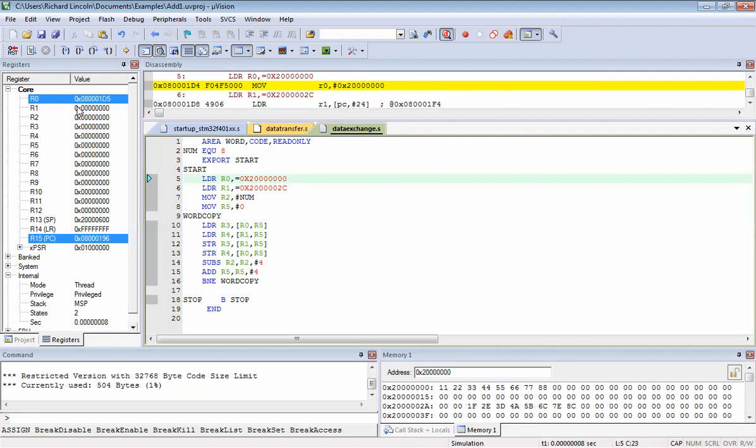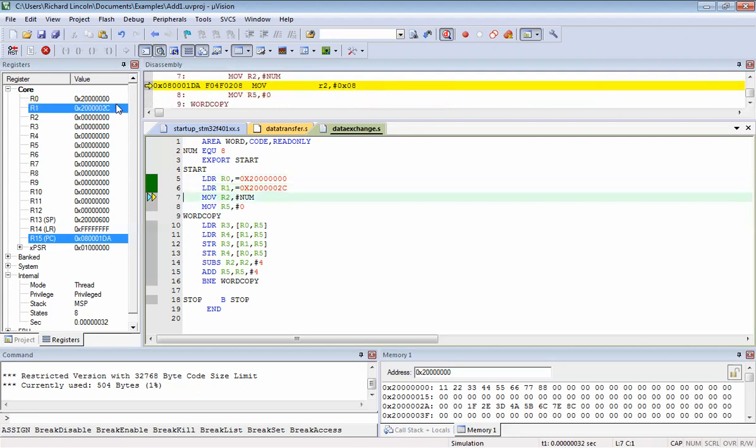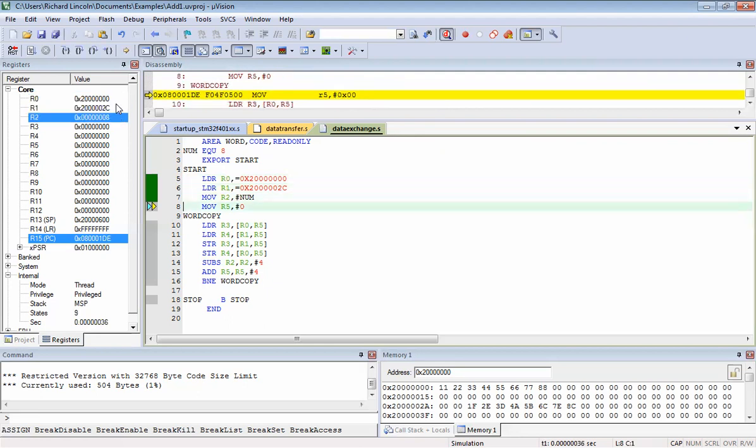Okay, so R0 is going to change or update its address. So R0's address has been updated, and R1's address will be updated now. Yes, it is done. And now you can see MOV R2, #num.